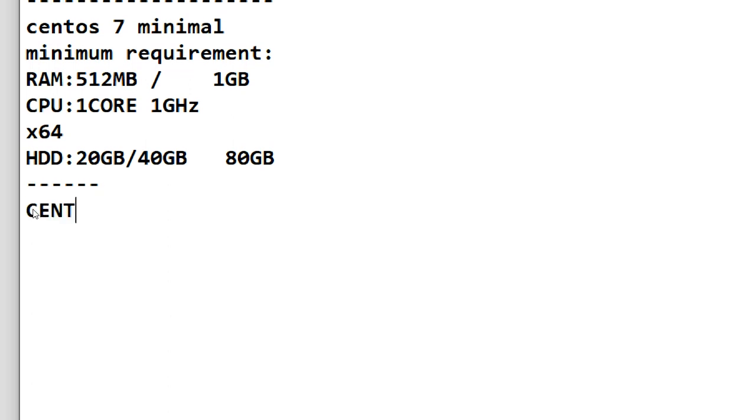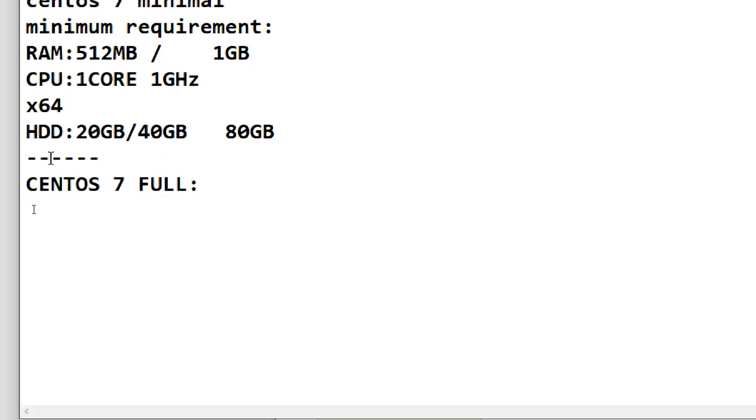Next, CentOS 7 full version. Full version means it contains a GUI. GUI is also optionally available, along with virtualization and other things, like if you want to see the screen.